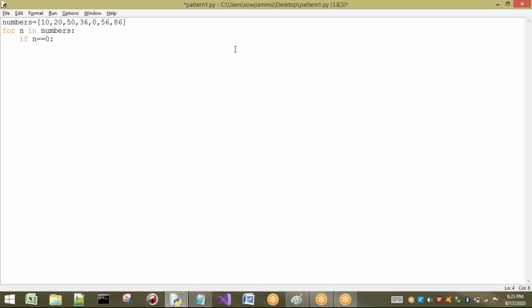Before that, I want to inform the programmer that this will not perform division, and the reason is that the value is 0. Now I will write continue.